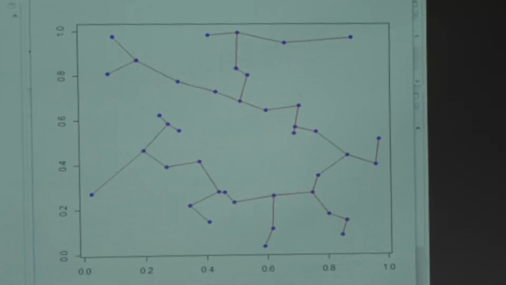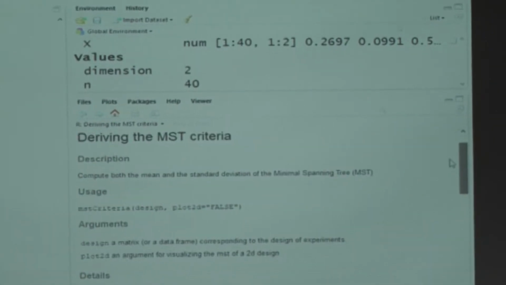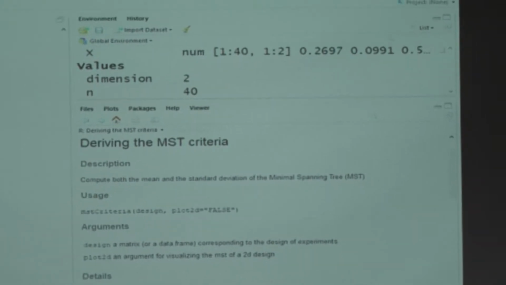Now what I can try to do is the same thing with the maximin design. The same dimension, the same number of points. So I take what I explained yesterday, the maximinSA_LHS function. So I have also another example here. Dimension 2, 40 points. I will keep 40 points.